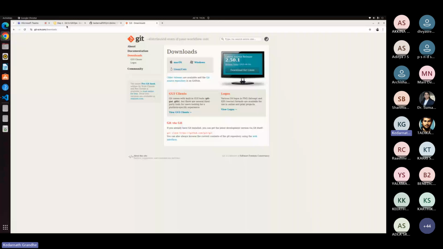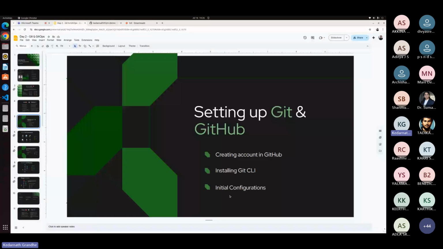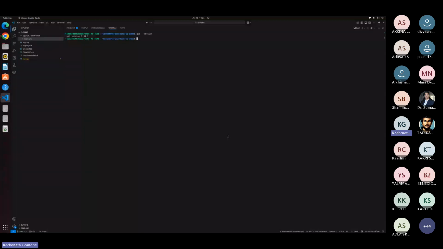Initial configurations. There are some commands. I'll just show git config --list. Okay, so this is a configuration. I'll just remove this for now because I don't want to show it. If you want to configure your git initially, you can just do git config --global